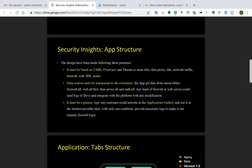This is a very important thing because we want to be a generic application that could be activated on each and any domain, and the only condition to run is that we need firewall logs, any kind of firewall logs. If the firewall is integrated on Devo, and we have integrated already around 40 kinds of firewalls or 20 kinds of web servers,